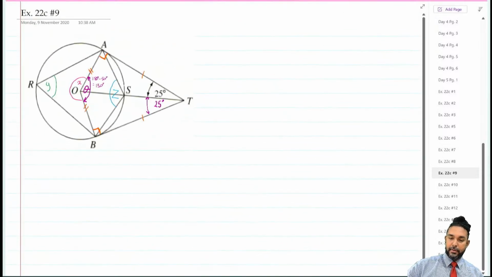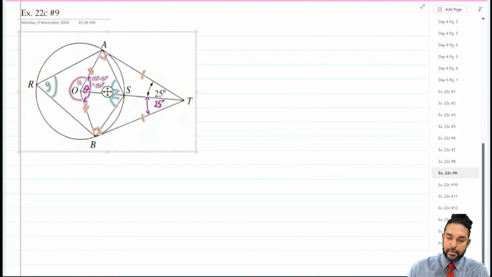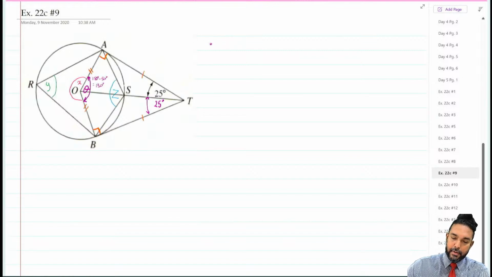Right. Okay. So first things first. Let's just put the kind of, I don't want to call it the key, but the kind of lead domino. Right. So angle AOB, obtuse, because the angle on the back is also AOB, but AOB reflex, right? So AOB obtuse is equal to 180 degrees